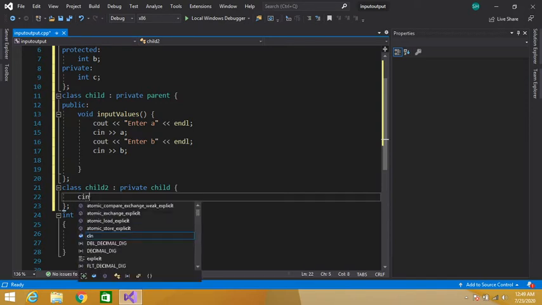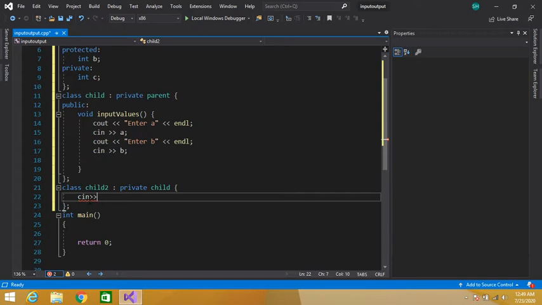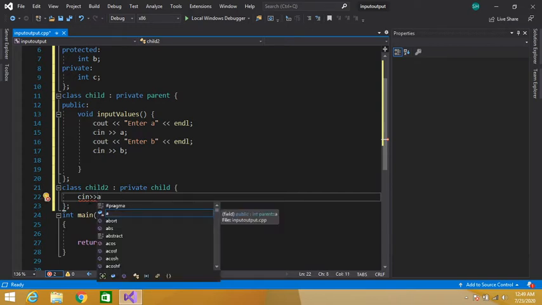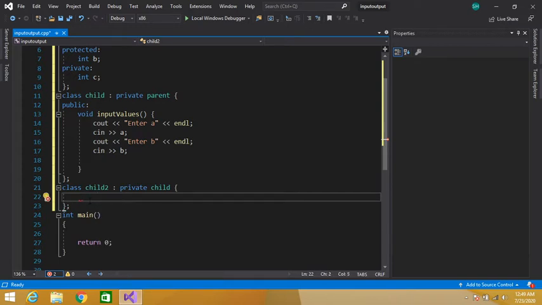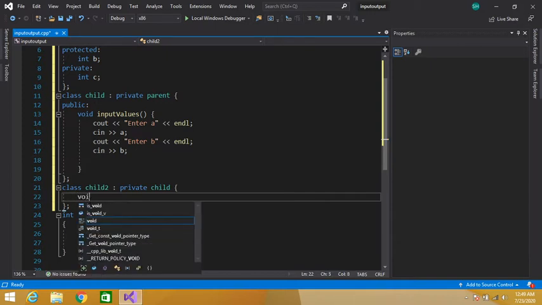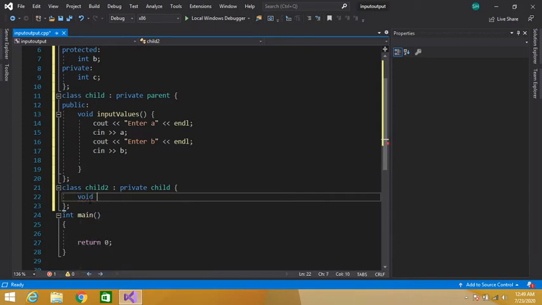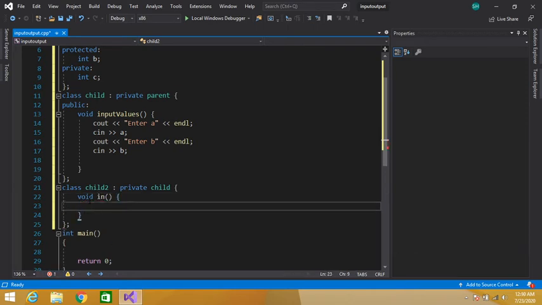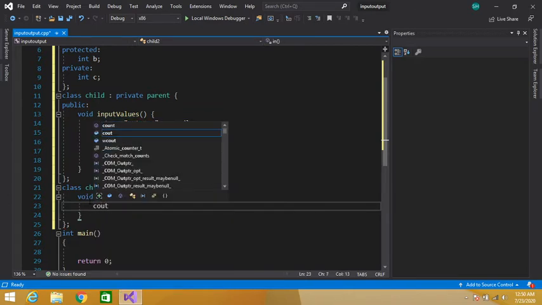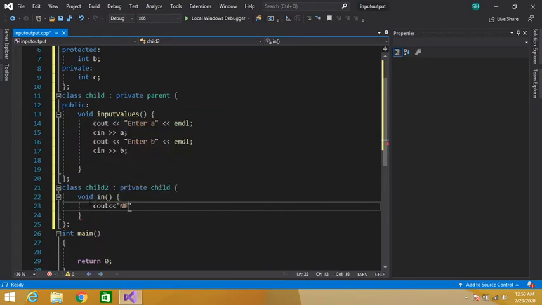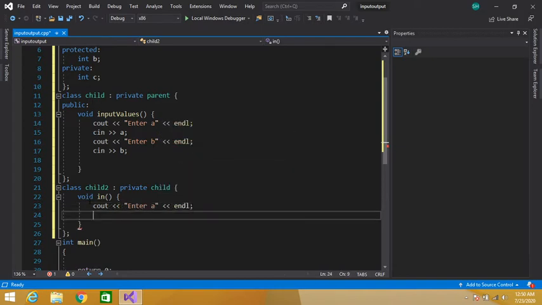Let's see. Okay, let's declare a function here. Write in function input values, cout enter A, end of line and cin A.